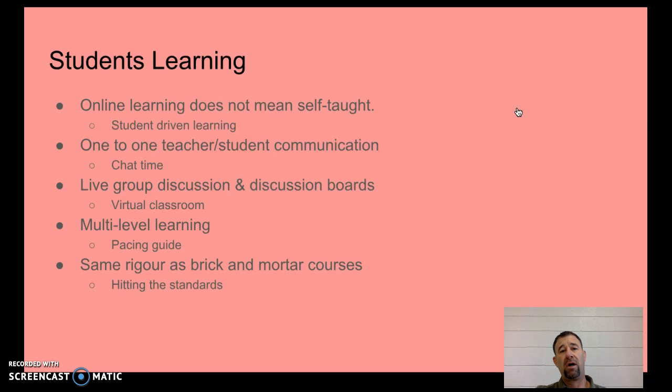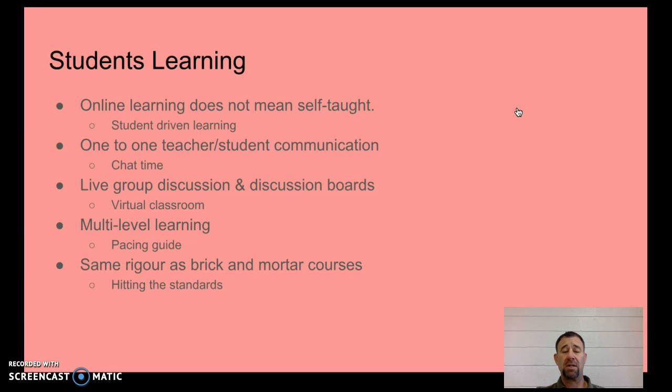And then we'll also have office hours where the teacher will be online and the students can connect with them and have that one-to-one discussion. Even if it's over the computer, they'll still have that FaceTime where they can talk sort of privately with that teacher about some of the concerns they have with their class.